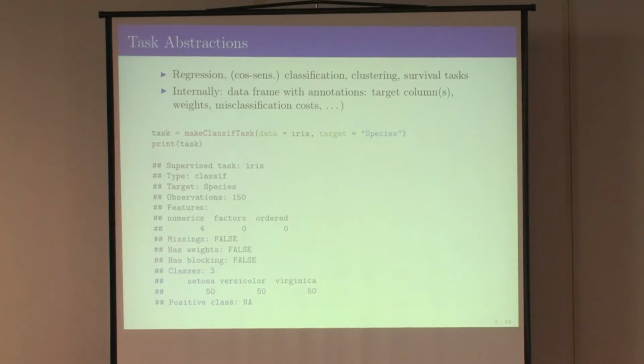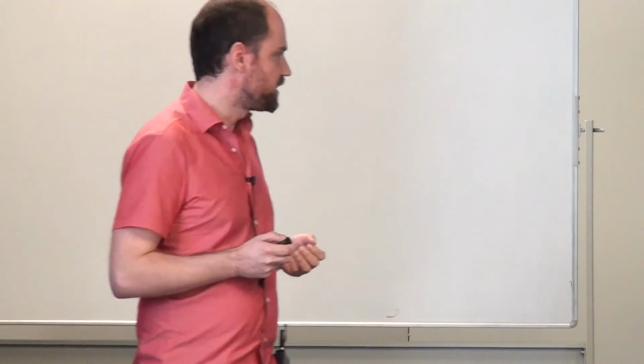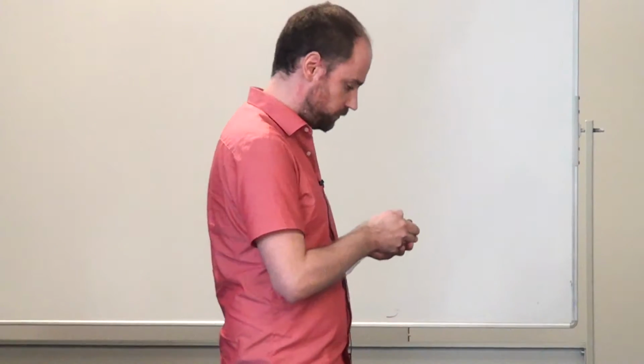Blocking. Blocking is exactly what you asked about when one of you guys asked whether it's possible to leave one person out or so. That's what you can do with this blocking here. You can say, well, these observations belong together. And if they belong together during resampling, they will either all go to the training set or all go to the test set. In some scenarios that's very common that you need to do something like that. Think about looking at images where you look at different subsegments of the image, or different subsegments of songs and so on, sound bites. That's where you need to do something like this.